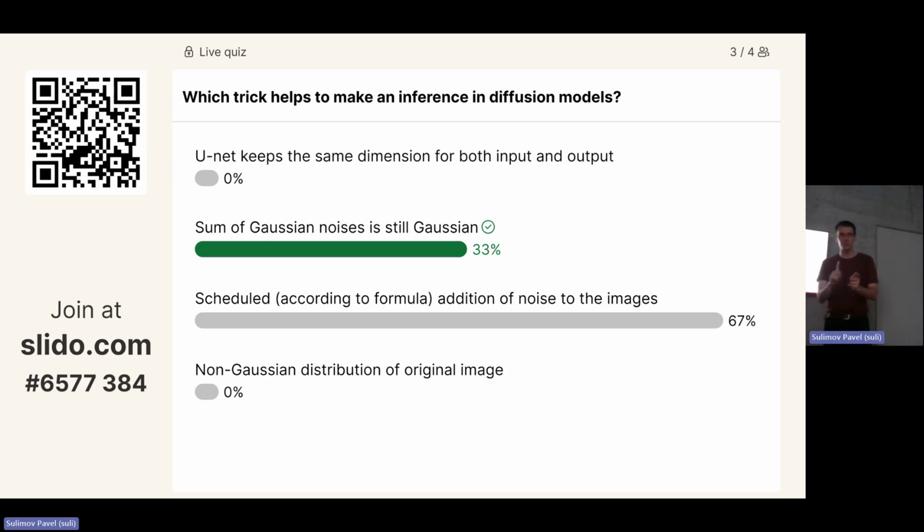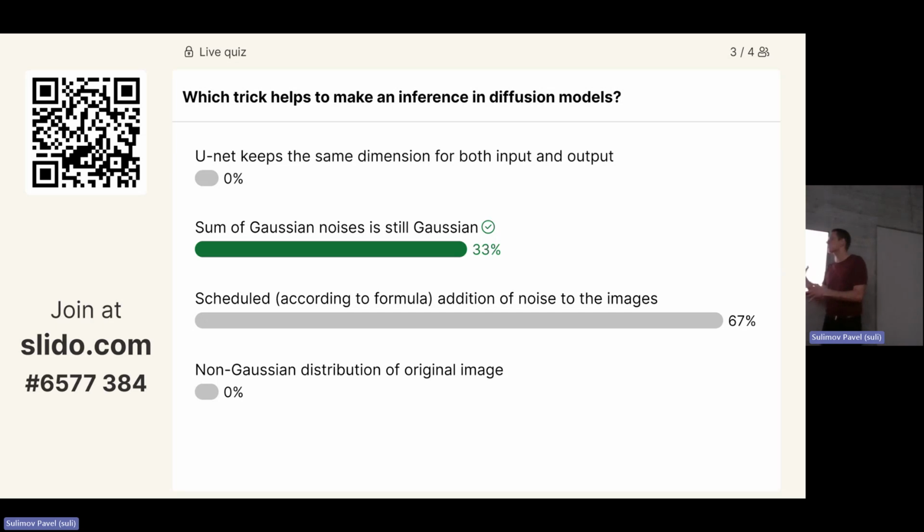And this will work exactly through trying to get rid of noise, then getting back, again trying to get rid of noise, then getting back, as I told you, because you know the formula. But knowing the formula does not make the trick. Knowing the formula just tells you that this is going to be Gaussian. But exactly making these steps is possible because of the Gaussian distribution. The sum of Gaussians still stays Gaussian. So it means that if we are making subtraction and addition, we are still staying in the Gaussian noise subspace.